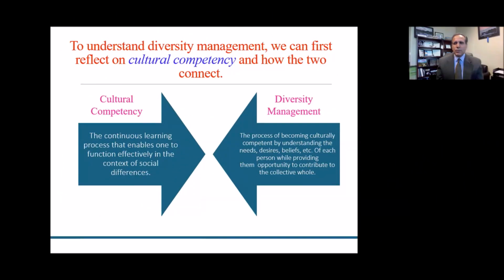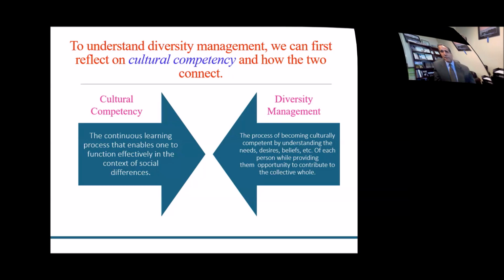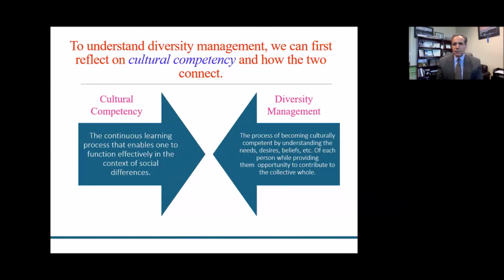To understand diversity management, we can first reflect on cultural competency, perhaps as one example, and how the two connect. Cultural competency is the continuous learning process which enables one person to function effectively in the context of many differences among his or her colleagues in the workplace. Diversity management, on the other hand, is the process of becoming culturally competent by understanding the needs, the desires, the wants, the beliefs of each person that we work with while providing them opportunities to contribute to the collective whole